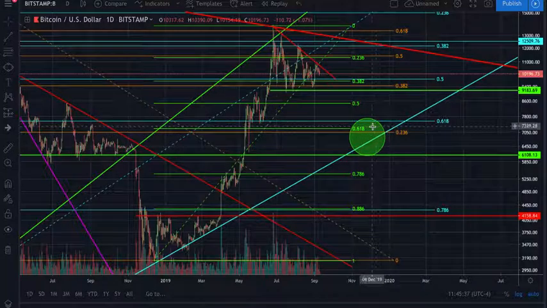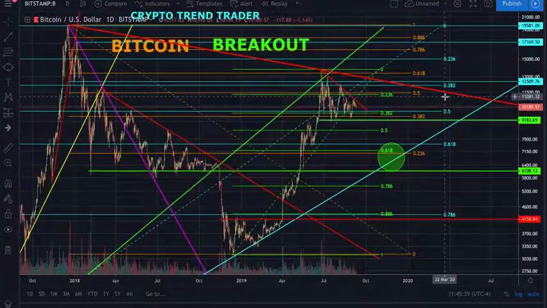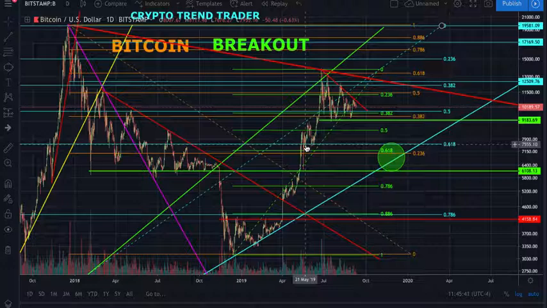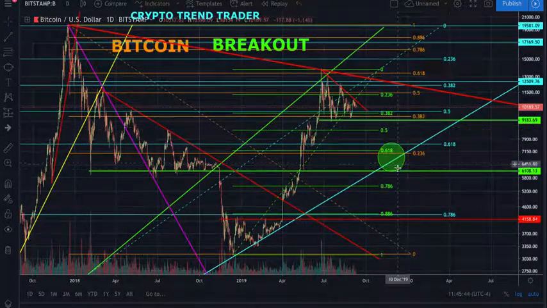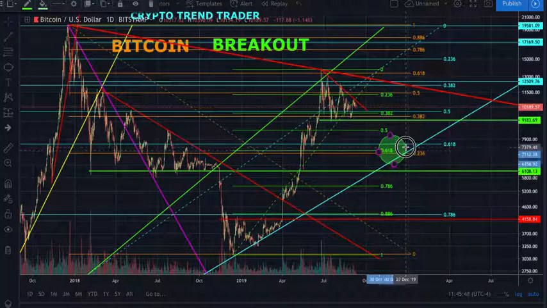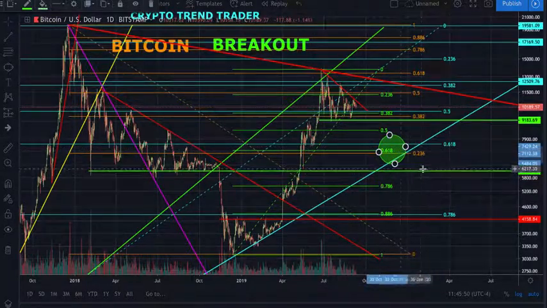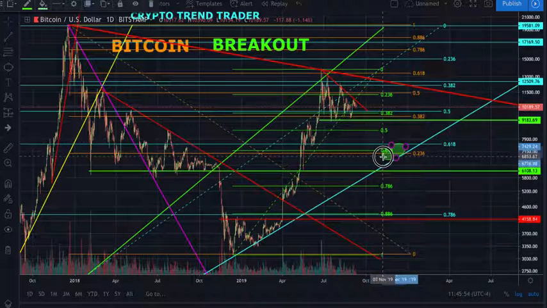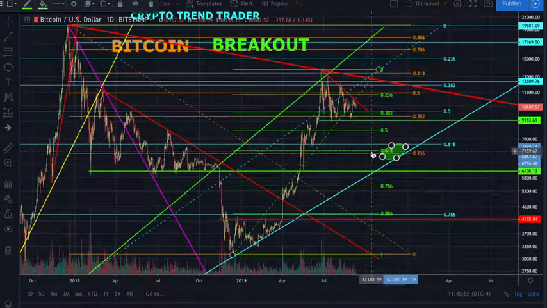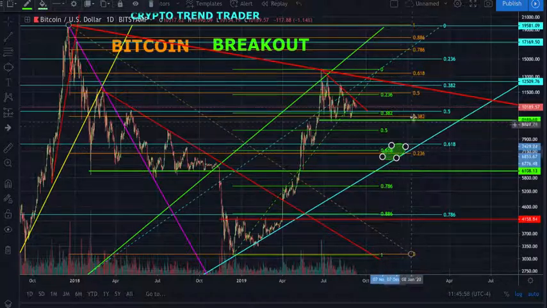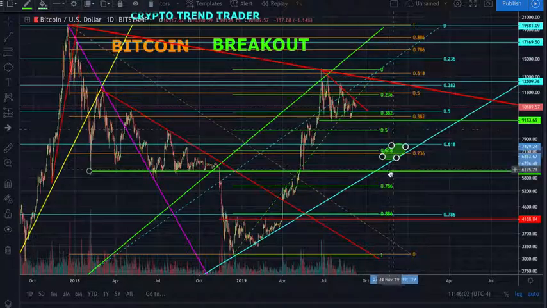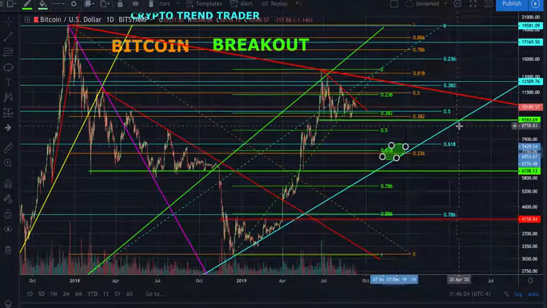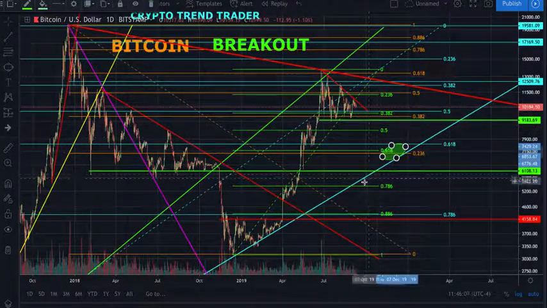And what is that coming in line with? Our diagonal as well. So that gives us, and then also this consolidation on the way up. So what I think we can essentially do is we can get a pretty good idea that we're not going to come back down to this baseline here, at least not right away, that we're going to come down to this point, and then we're going to get front run. We're either going to get to the 618 and then get a bounce off that, make it to 0.5 and get a bounce off that, but the likelihood of breaking through this for any amount of time is very unlikely,